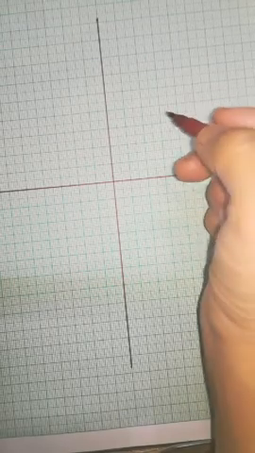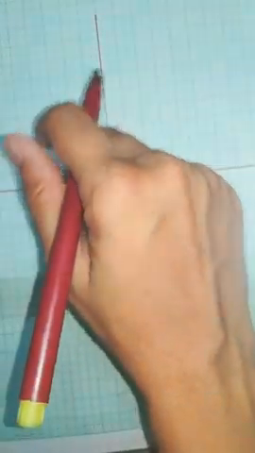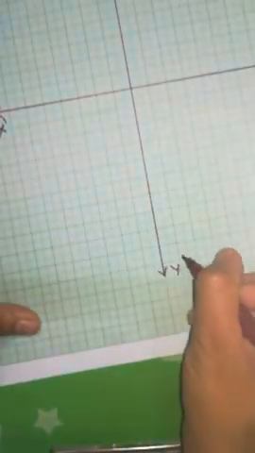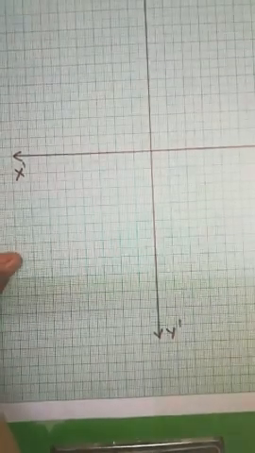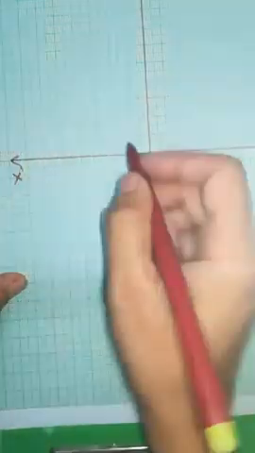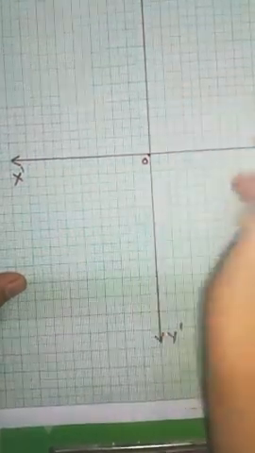Let me help you. The first step is to draw the axis, x-axis and y-axis. So, we draw two perpendicular lines. Here you can see the horizontal axis is x-axis and on the left hand side there is x dash, and vertically here is y-axis and below here is y dash. Okay, now you see this point where they intersect. Well, that is O, the origin. Here they are intersecting, so this is our O, origin.